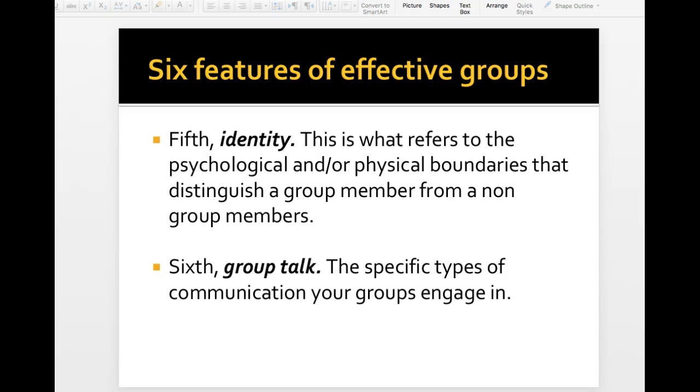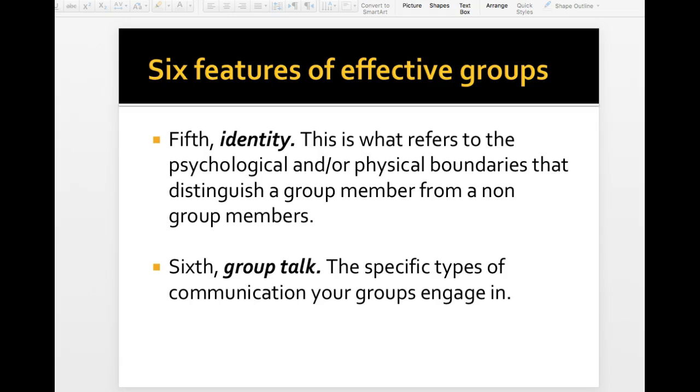Fifth, the group needs an identity. This is why some of you, one class has started, I think fourth period has done the group crest, and eighth period will do this when I get back, but we're going to help form your identity. So your identity right now is formed by the boundaries of this class. Because you're in this class, because you are required to be in a group, that's part of your physical boundary and psychological identity. But the more you get comfortable with each other, and even naming yourselves, while it sounds cheesy, that's part of group theory, is that you become this identity.